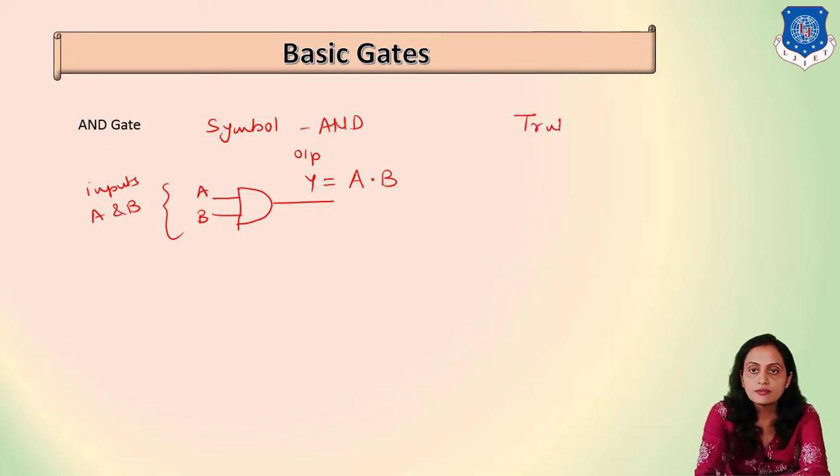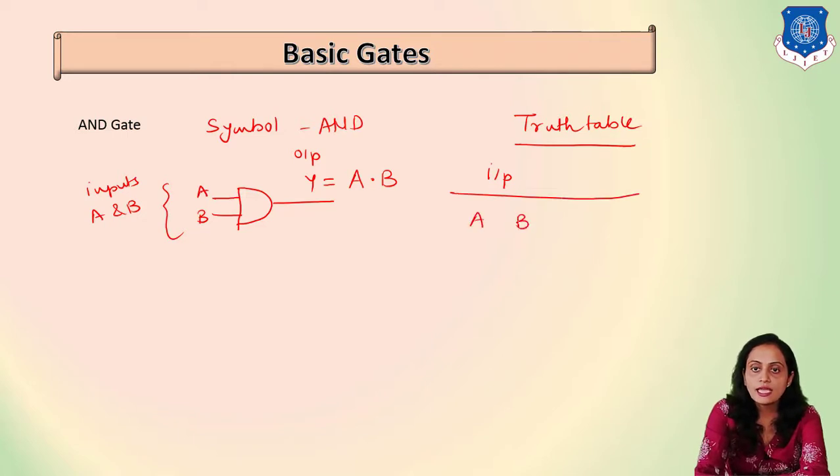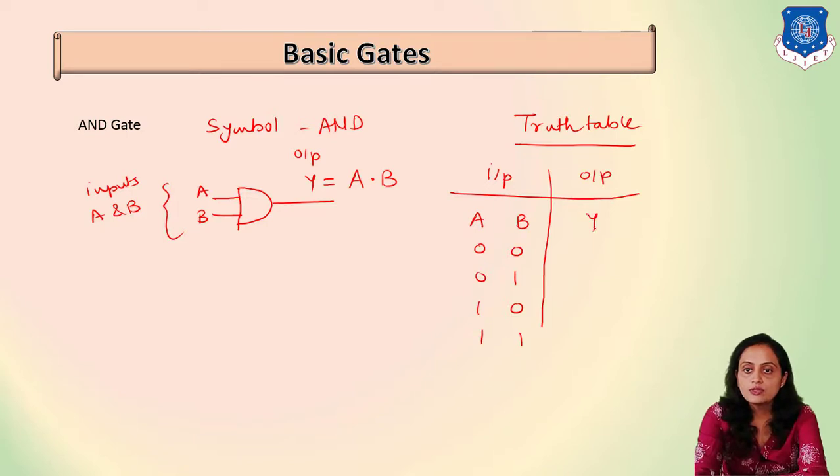Now we will see the truth table. For this AND gate, we will write inputs first, and all the possible inputs are A and B. All possible combinations of these 2 inputs are 0 0, 0 1, 1 0 and 1 1. And the output which we are having is Y. Now we will use this AND operator, and from that we will find what the output of this AND gate can be. So if both the inputs are 0, this is a kind of product.